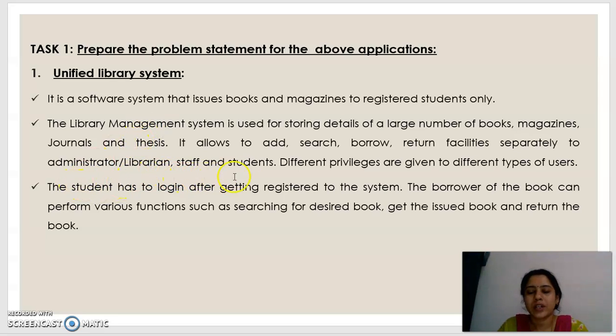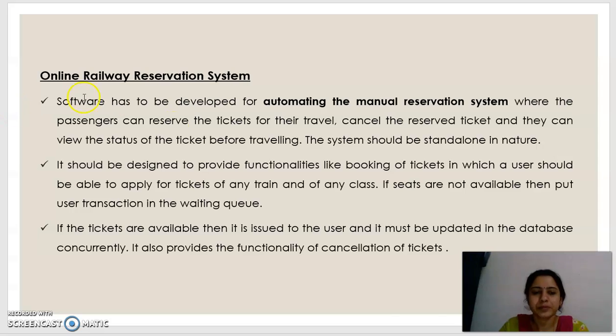So these are the different functions in the library management system. Again, by searching for the book, the search may be successful, or if the search is not successful, what to do. If you want to borrow a book, sometimes the book may be available, sometimes the book may not be available. Like that, different things can happen. All possible things that can happen in the system should be specified in the problem statement.